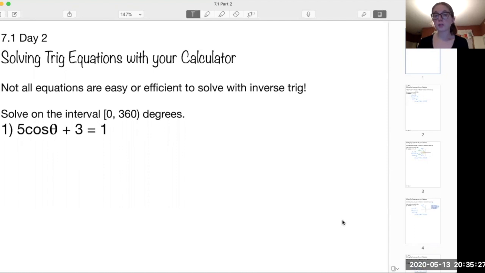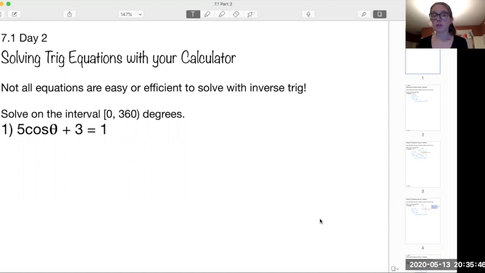Today, our focus is going to be on the fact that not all equations are easy or efficient to solve with inverse trig. I hope that you thought that the way that we solved the equations in the first part of this section was pretty easy and pretty quick. To show you what I mean about not all equations being easy to solve with inverse trig, I want to